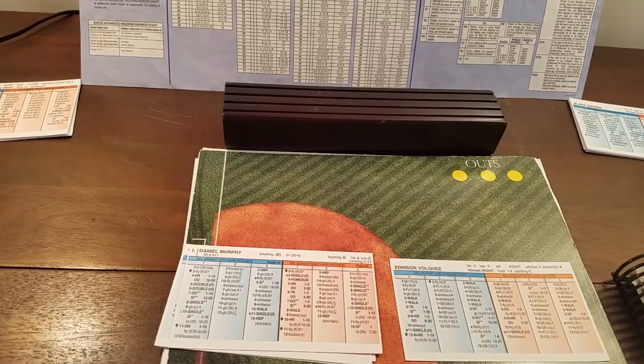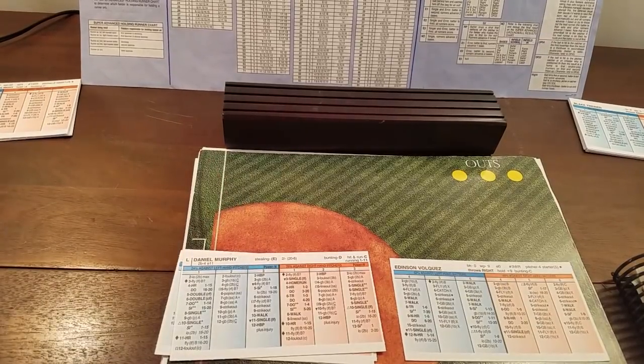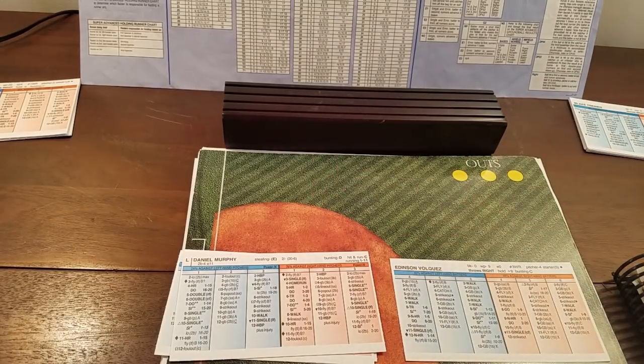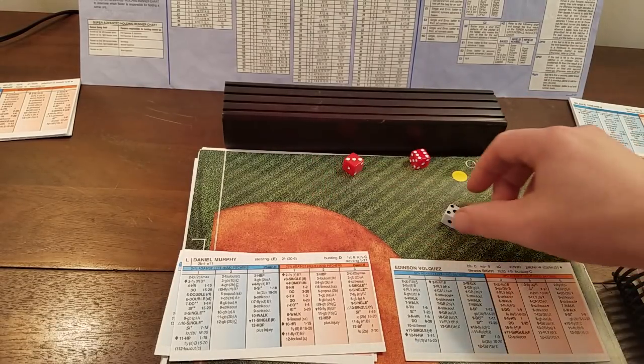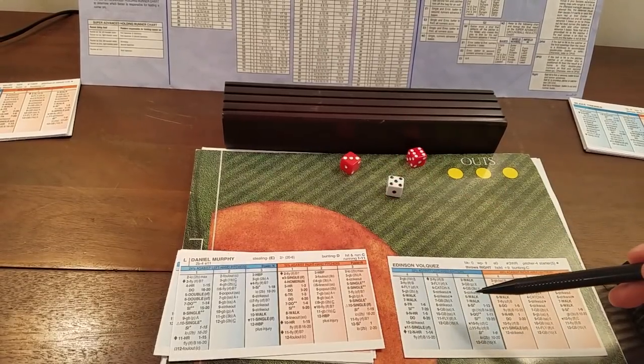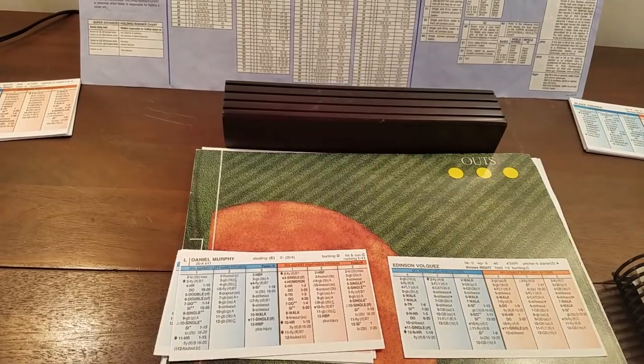And they're not going to walk Murphy intentionally, load the bases. They're just going to go and play it out. It's a 2, so that's a potential for either a balk or a pass ball. We're checking the balk. Volquez has no balk rating, though, so we skip that. Keep going. Infield's playing back. They want to get the out. 5-9 against a lefty. Ground ball shortstop X. That is Hechavarria. And Hechavarria is a 1